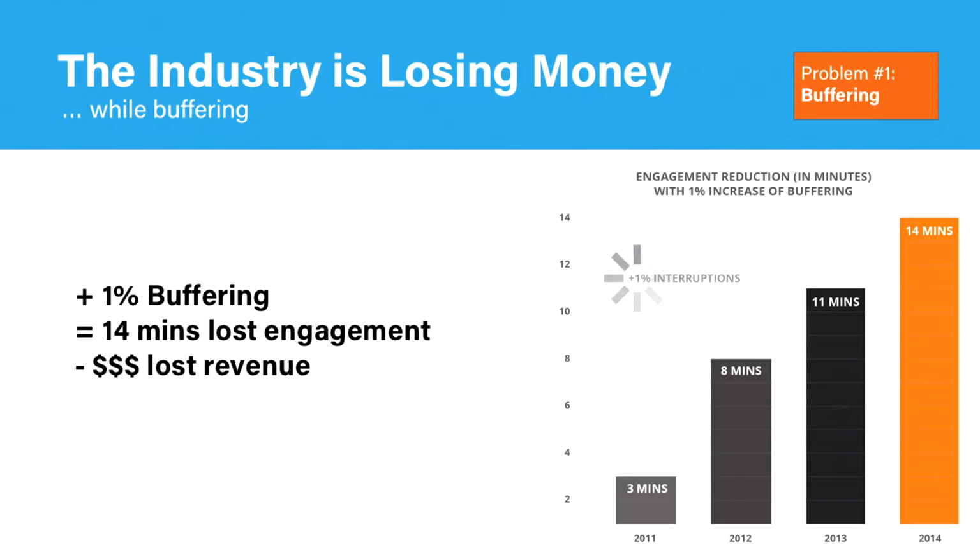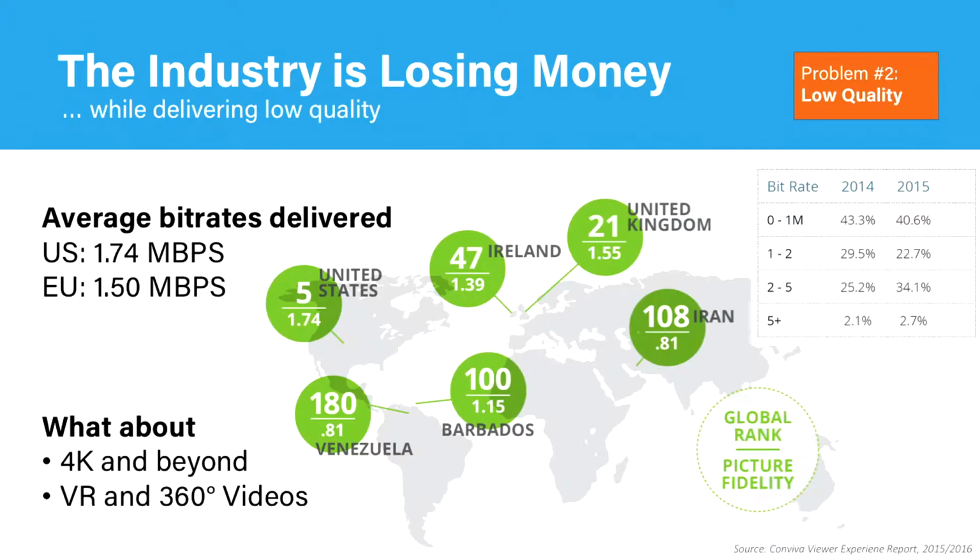That's something which is most important for us, because we want with our technology to ensure that you are not losing money, that you're generating more money out of advertisements and out of subscriptions. That's more or less the first really big issue in the industry, that videos are still buffering because of a bad usage of existing technologies, or if you use deprecated and old technologies. The second major point where the industry is losing money